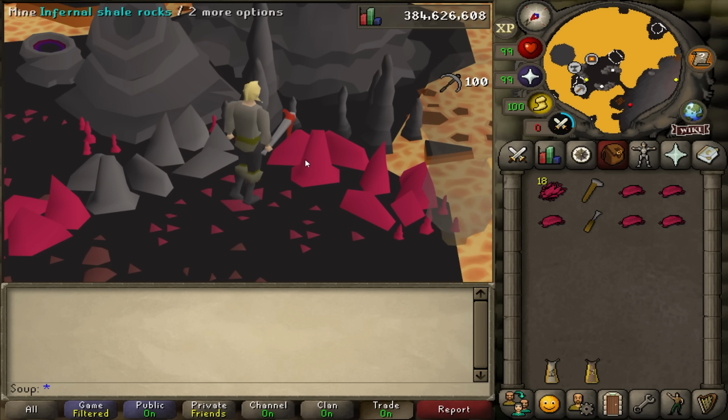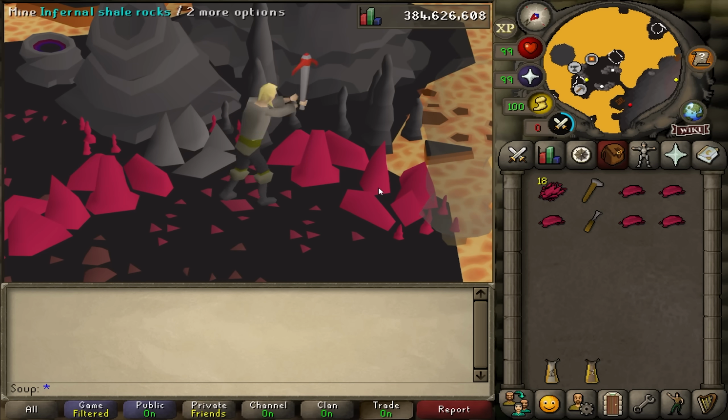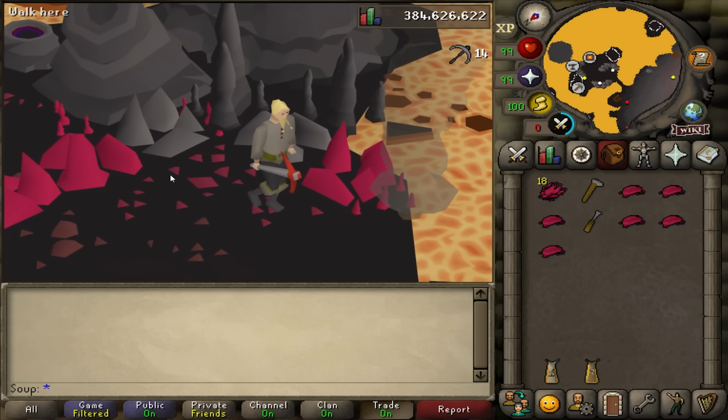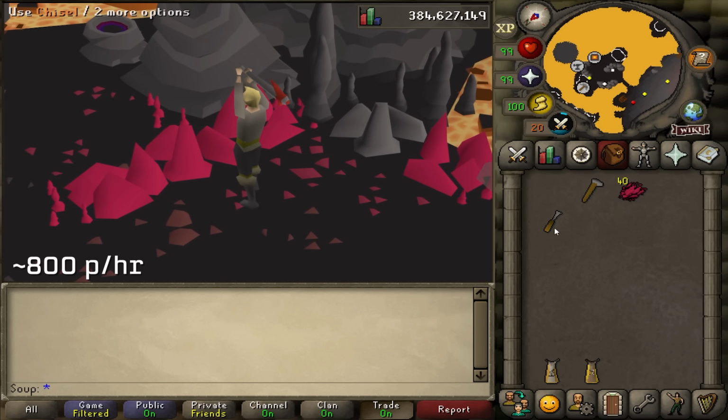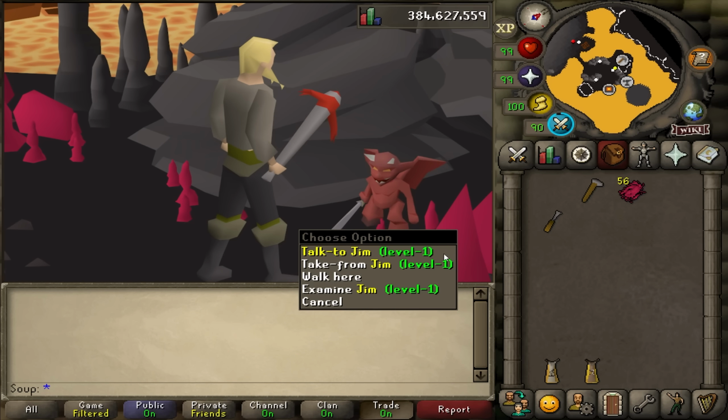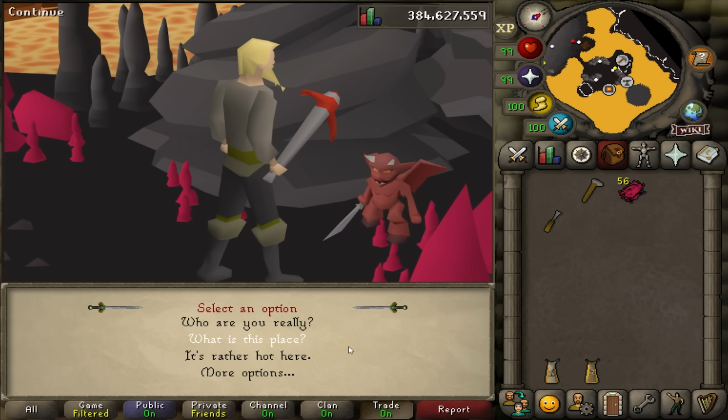If you want to step it up a bit, you can just mine the Infernal Shale rocks. These act just like any other rock in the game, just click on it and wait to get the shale. This is significantly faster than just doing deposits, and it'll get you around 800 shale an hour, equal to 2.3 million GP an hour. Finally, we have the absolute fastest way to get shale, and that's tick manipulating them